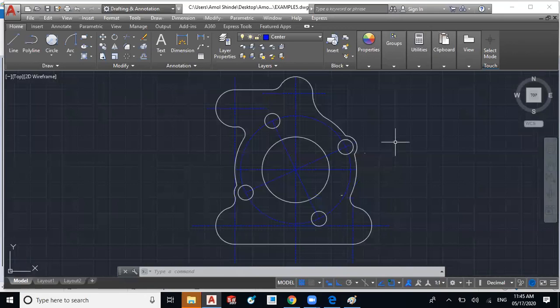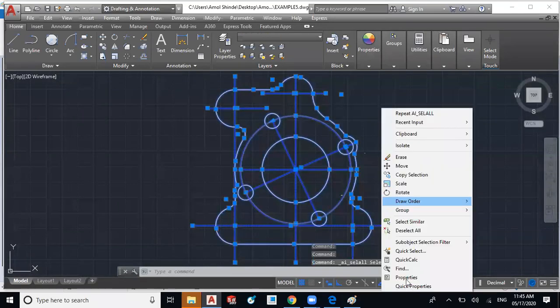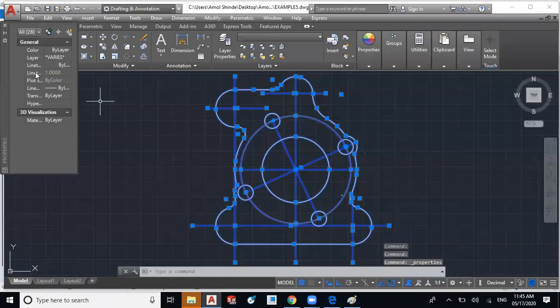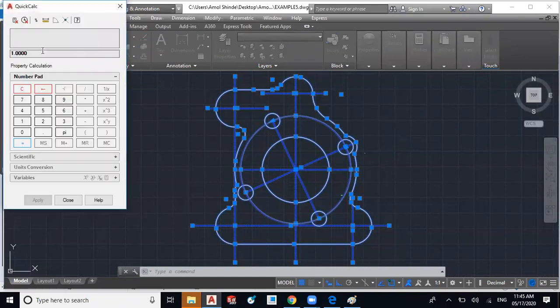So now Control A, right click, select the properties, and we have to increase the line type scale to see the proper lines. So there is a default line type 1. There should be an 8.